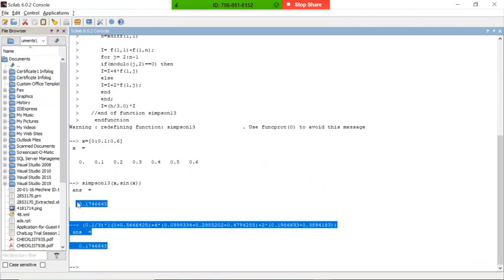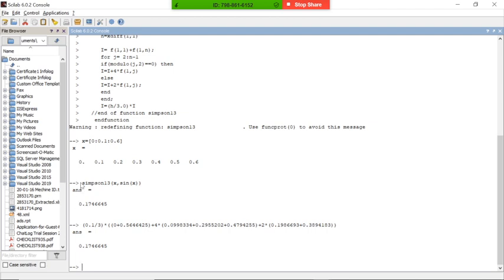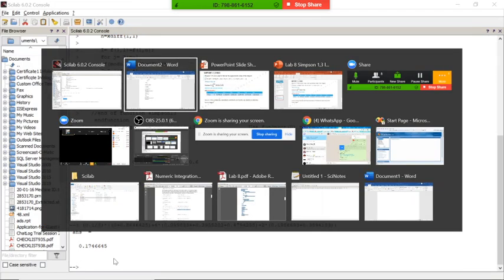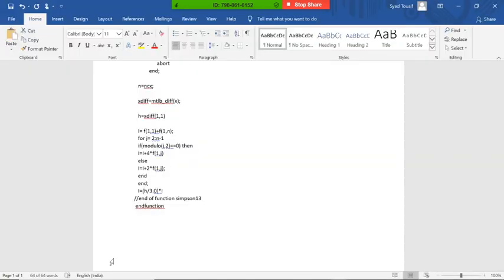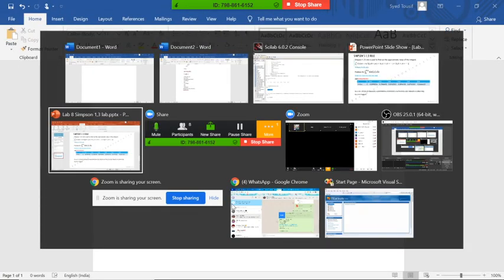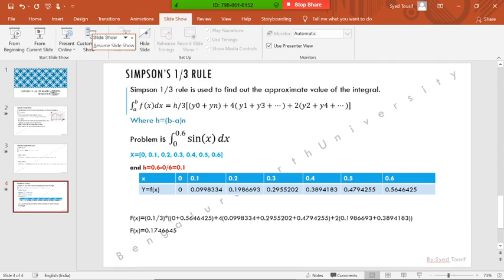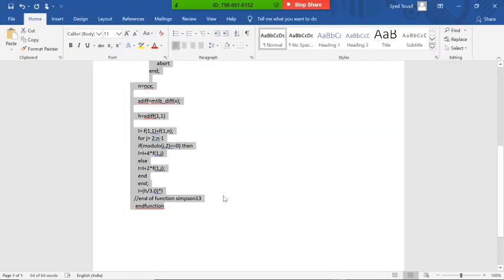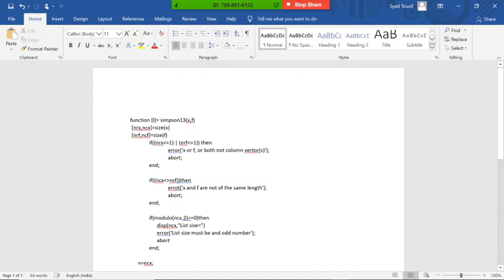Okay, the same approximate value, because Simpson always gives an approximate value. For this one it is giving the exact value, so we can check this value using an internal function also. Even though we solved the problem by hand, we got the same result. So now we'll quickly run the program. What is our program? Now we are defining one function.